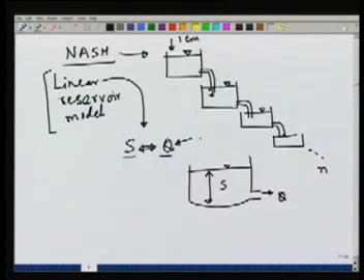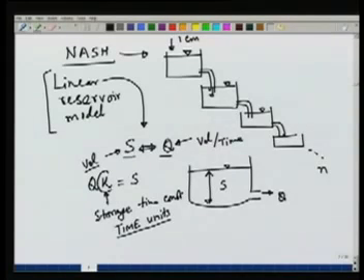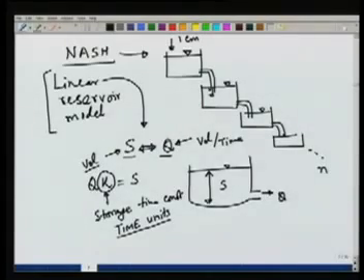If you look at the dimensions of Q, this is volume over time, meter cube per second typically, and S is in terms of volume, which is typically meter cube. So if we use a time constant, Q into K equal to S, where this K is the storage time constant, and it has units of time. This K would be a property of the reservoir, or in this case the basin. So in Nash model, we say that Q and S are linearly related, S can be written as Q into K, where K is the time constant,